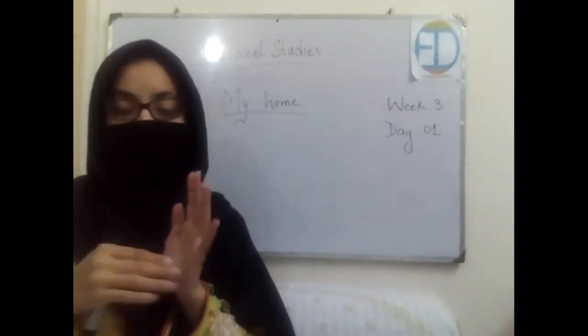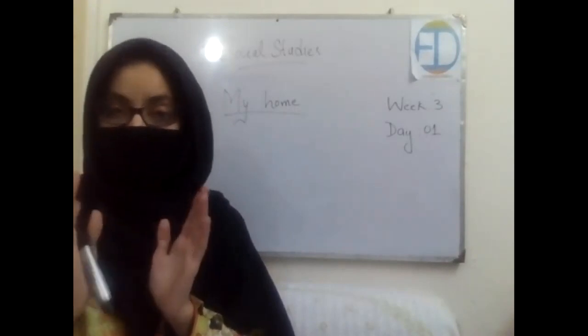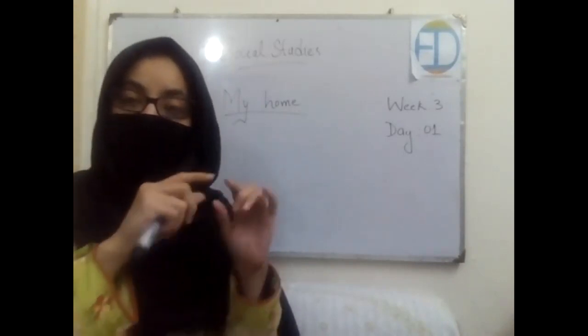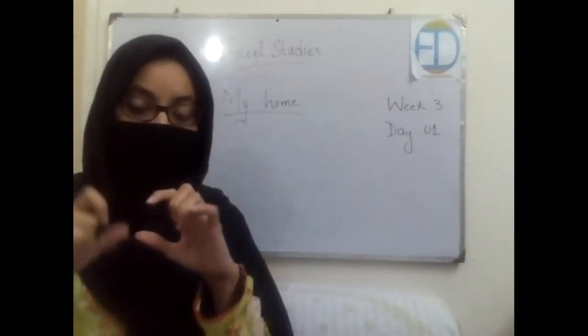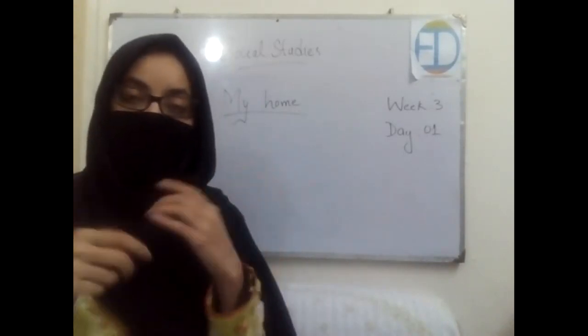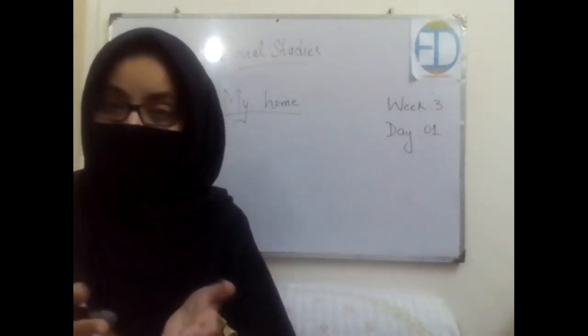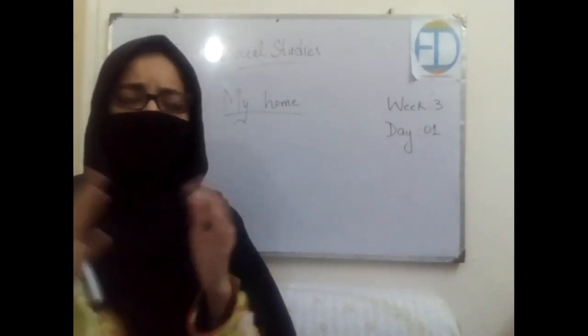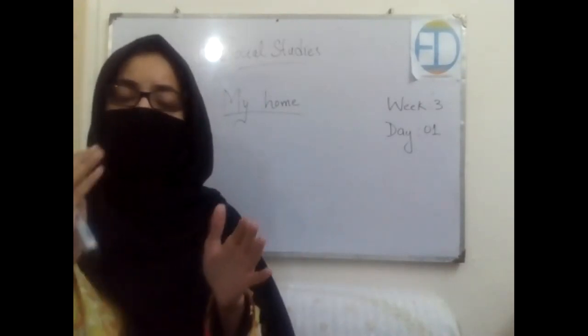Well, in the very first class of social studies, I told you that the word social is related to society. And in social studies, we talked about the different aspects of societies, right? What are societal relationships? What are different things which are happening in society? How societies are connected to each other?